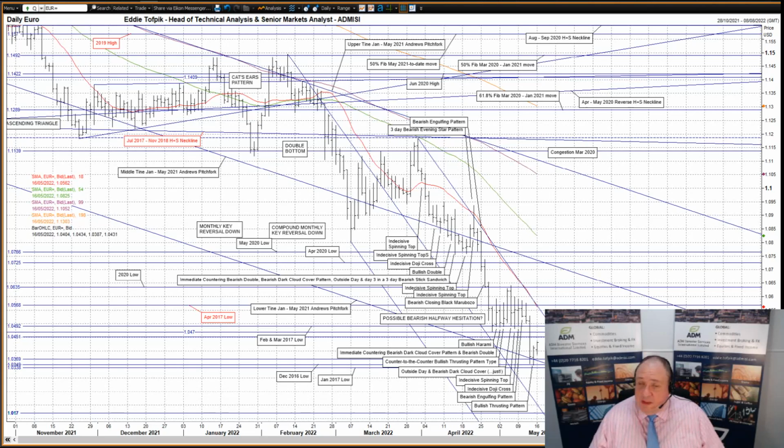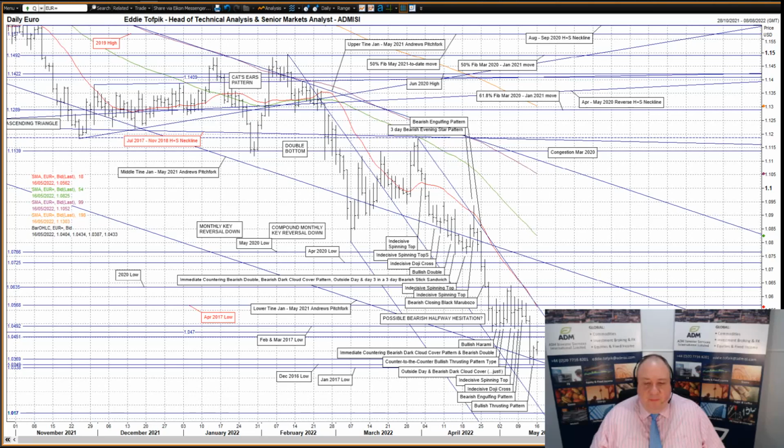I'll start with the euro against the dollar. A bullish thrusting pattern on Friday as the market reacted to the reaching of the lower time during the previous session, and that's currently at 103.65, of the January to May 2021 bearish Andrews pitchfork. This pitchfork has successfully run the bearish incentive here for a year now. Additionally, we also now have the December 2016 low at 103.49 nearby, as well as the January 2017 low at